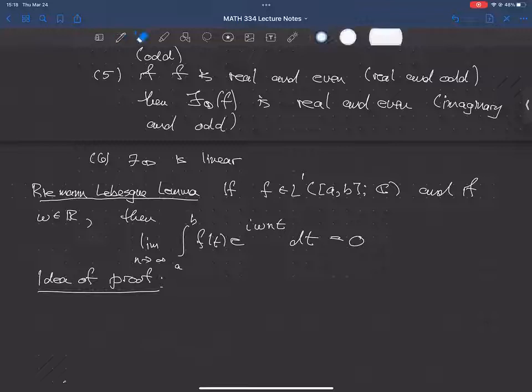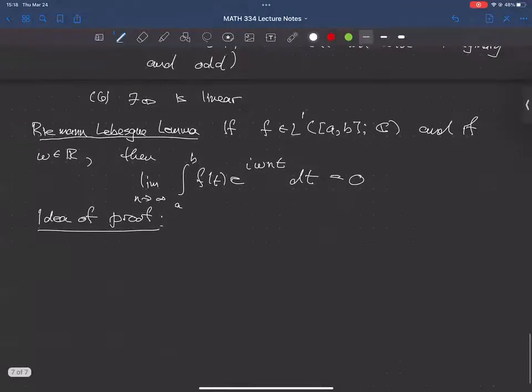Sometimes it's not. Okay, so the way I'm going to prove the Riemann-Lebesgue lemma is I'm going to give a series of reductions of properties of the function f to a case where the lemma becomes obvious. Okay. All right, so first,